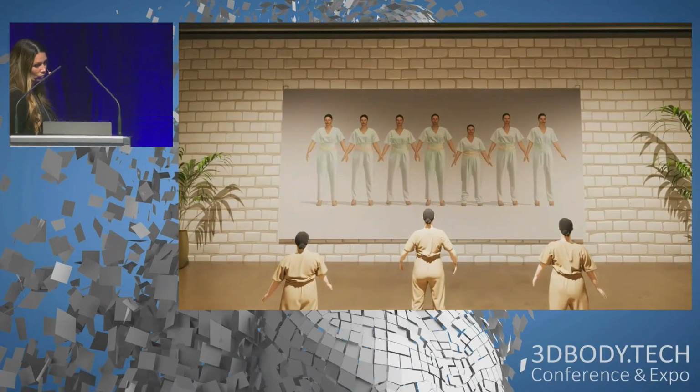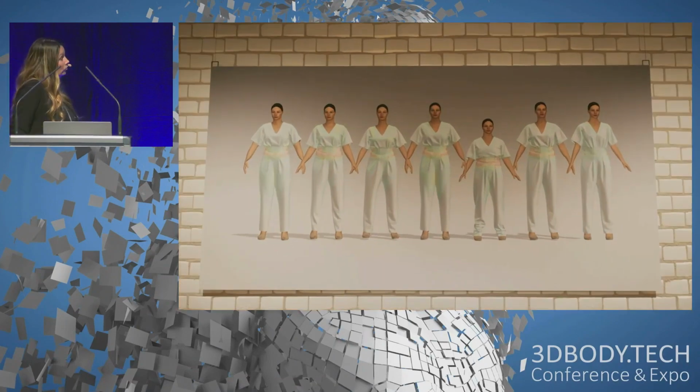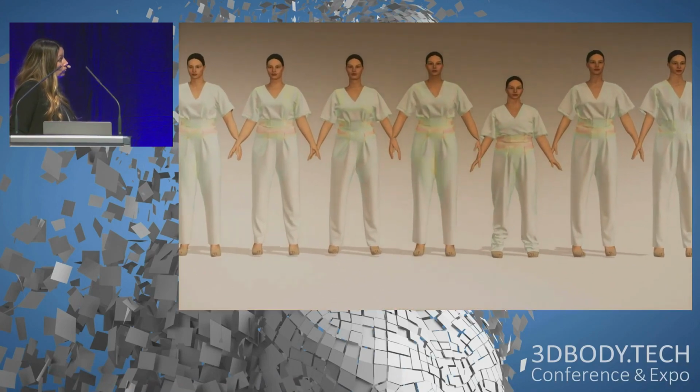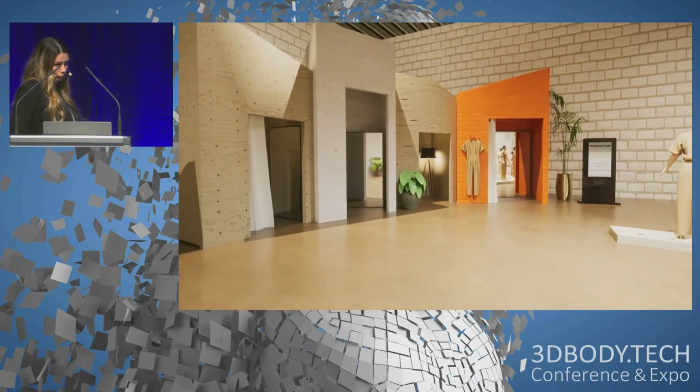This poster shows the jumpsuit on 7 size 12 models in Clo3D, where the fit maps are being used to highlight the fit. The outcome of this project can be experienced both through the immersive virtual reality experience